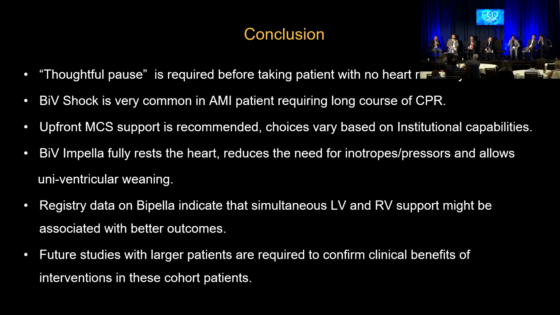This comment is really about the thoughtful pause, and this is for Nima and then also for the panelists. I think that the thoughtful pause, anecdotally, raises equipoise between all of the stakeholders who may be involved in the patient's care prior to bringing them to the cath lab. And I think there's a lot of medical inertia when somebody arrives in the emergency department to get them to the cath lab, which is thought of more as a therapy and less as a location in